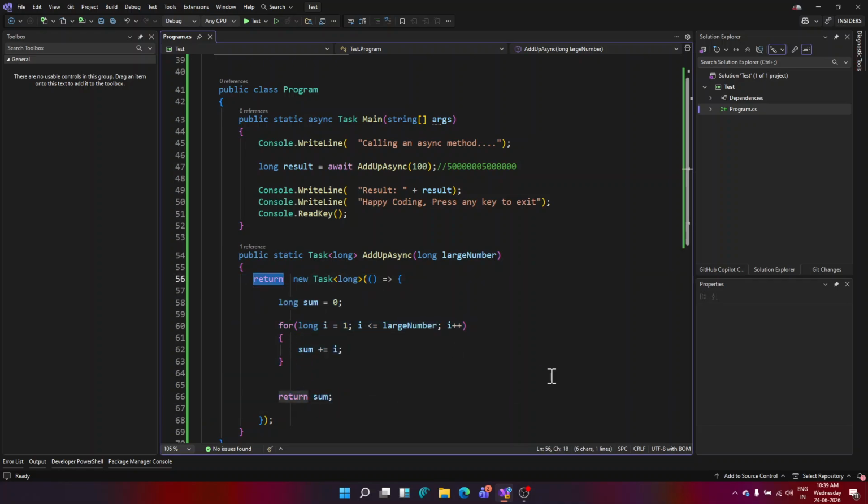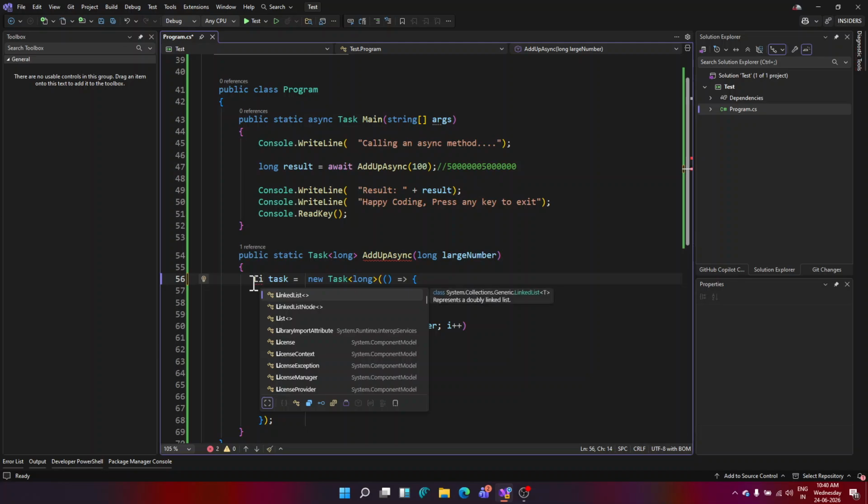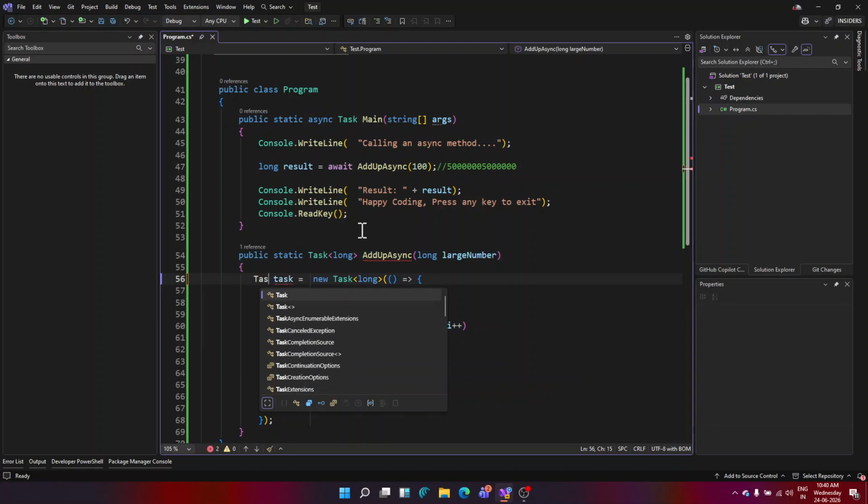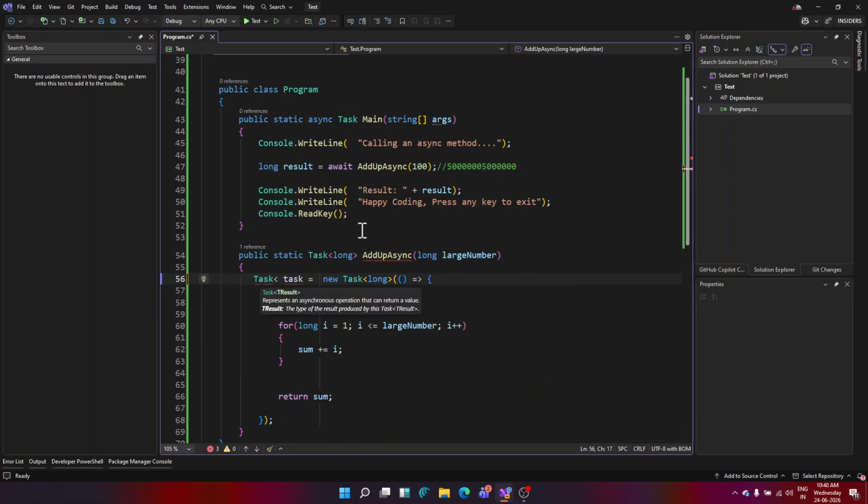So the way to do that is, once again, I will write var task equals, and that will be a Task of long. Now, I sometimes prefer to write it in long format, Task of long. That is explicit and I like it. Instead of saying var, probably you know what vars are.